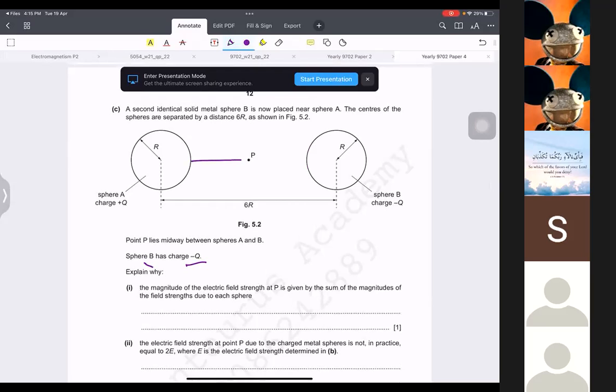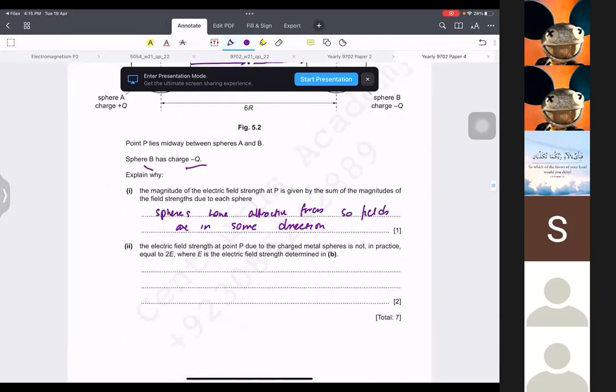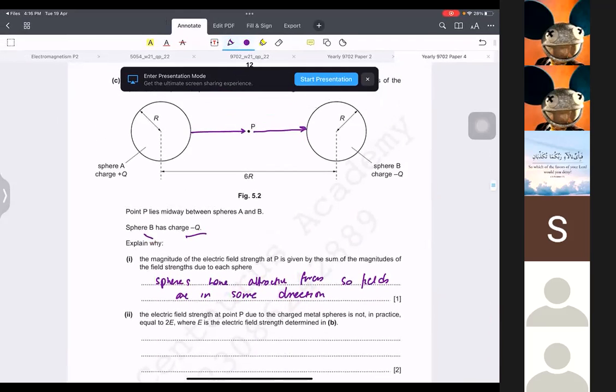So the electric fields are like this and this. Okay. So basically, the spheres have attractive forces, right? So the fields are in the same direction. That should be the answer. The electric field strength at P due to charge is not in practice equal to E, where E is the electric field strength determined by the sphere. At P it is not 2E, it's a